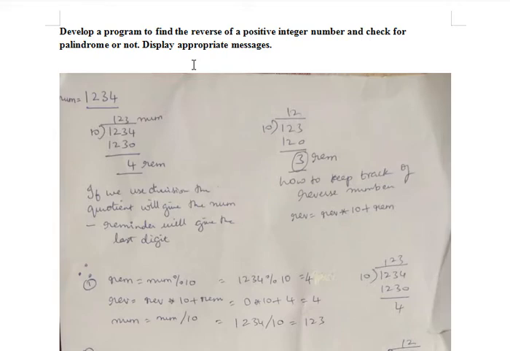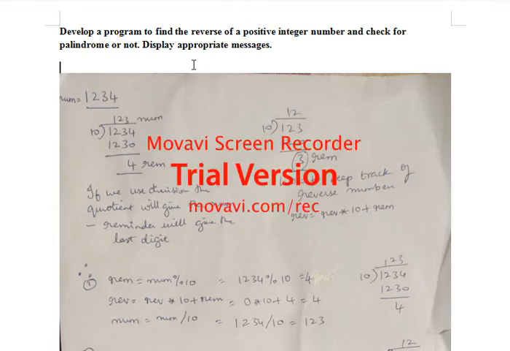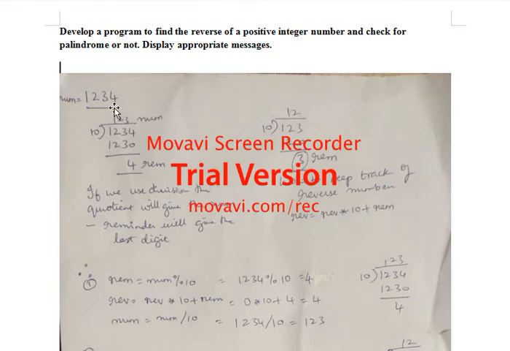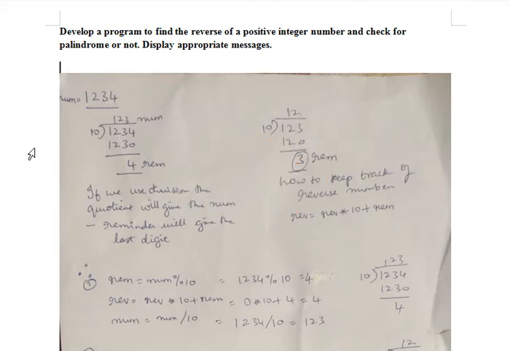Now, how to reverse that particular number? How can we do it? Just think, you have some 4-digit number and we have to get the reverse of that number. For example, 1, 2, 3, 4 is one complete number. In this, the last digit we want first, that is the 10th place digit, 4. The reverse will be 4, 3, 2, 1. So first we have to write down 4, then 3, then 2, then 1.